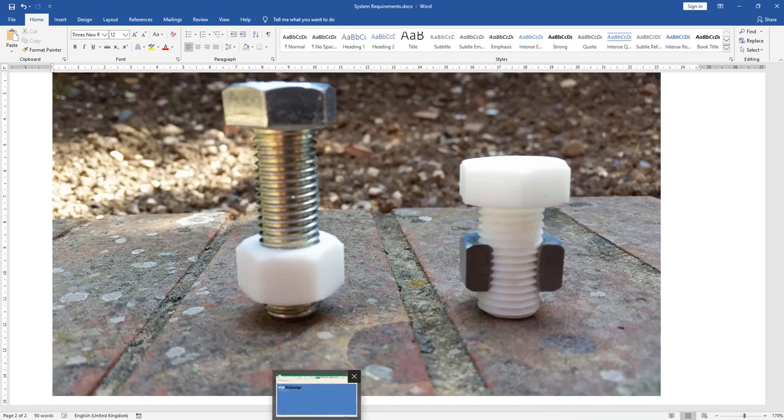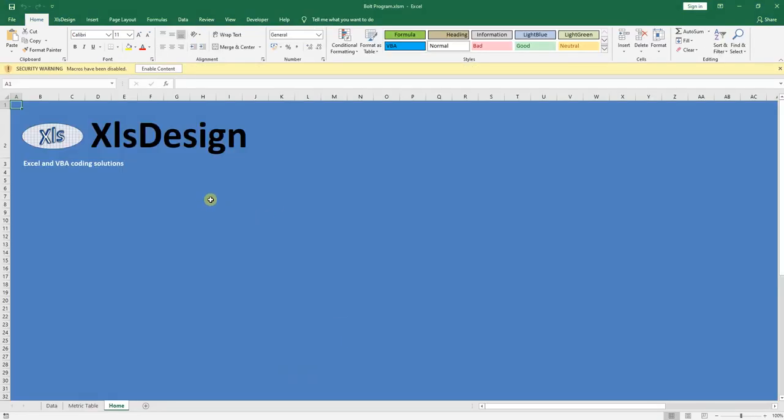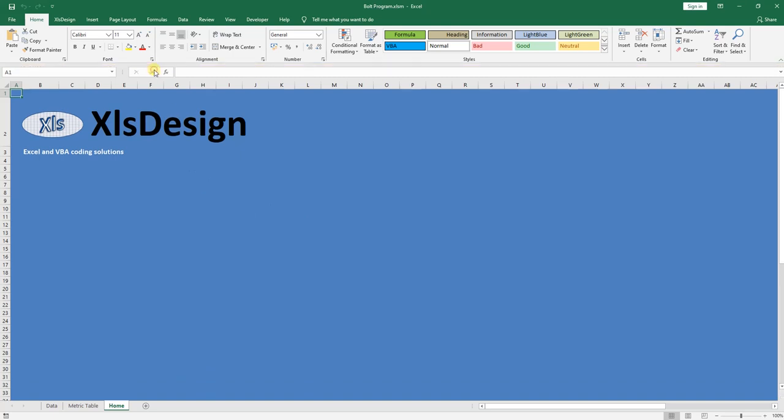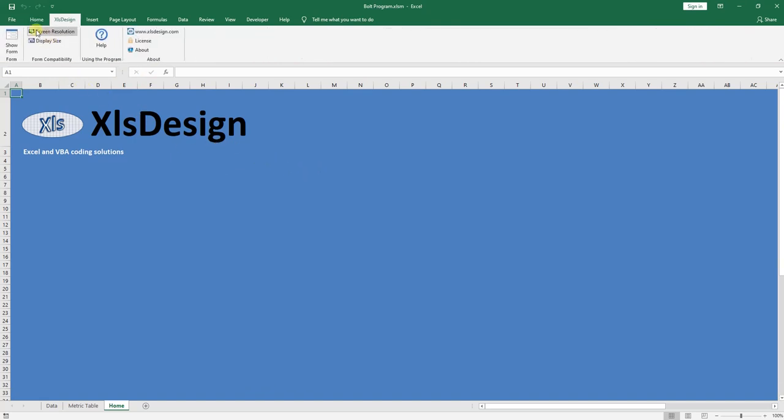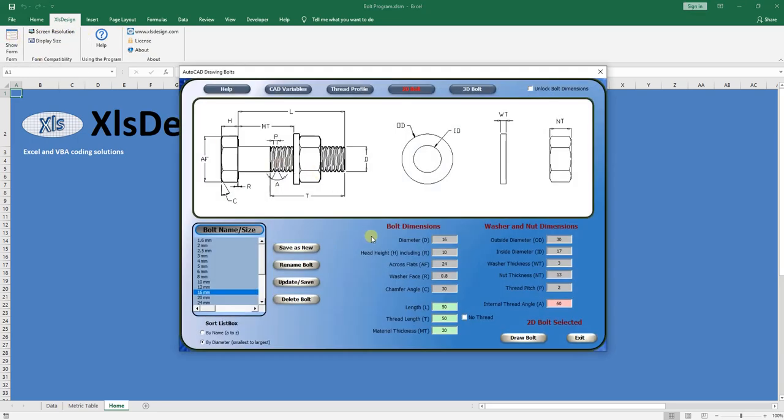So what do we need first? Right, it's an Excel file, so if we open this up we will have to enable the macros, and once that's done it will give us a small ribbon here where we can show the form, and this is the main interface for you to draw your bolts. Right, the program, it comes with a help file,